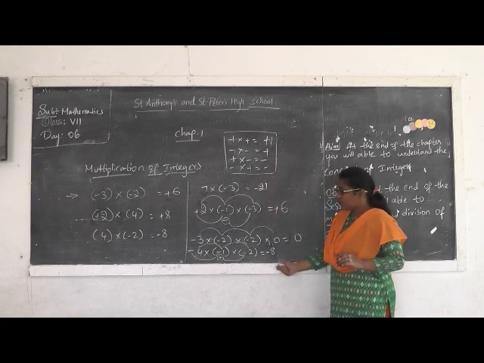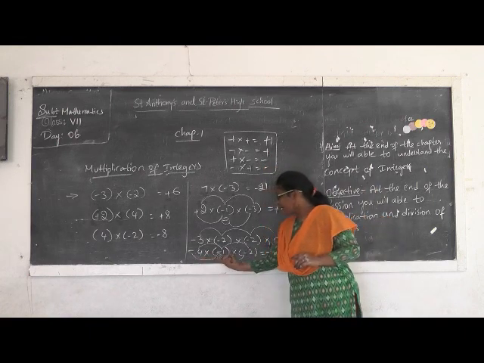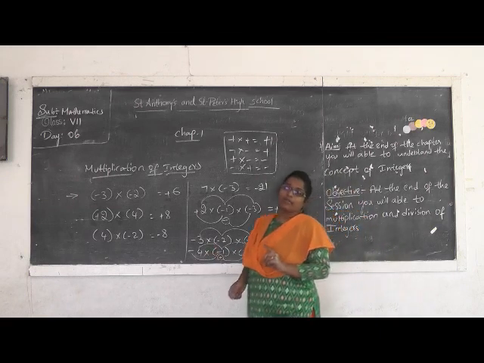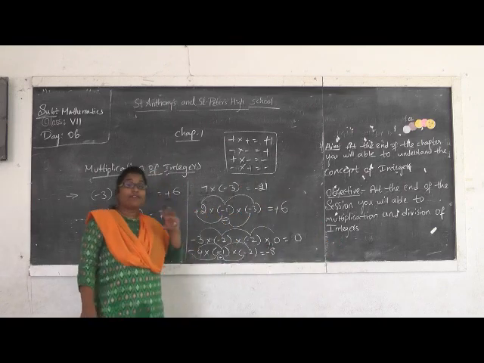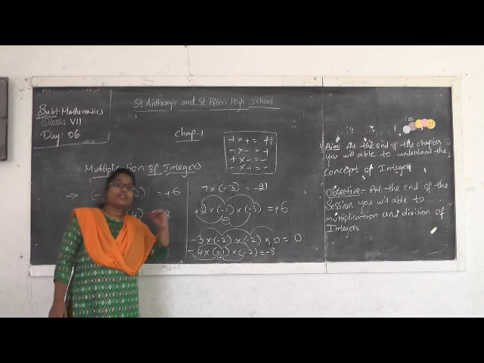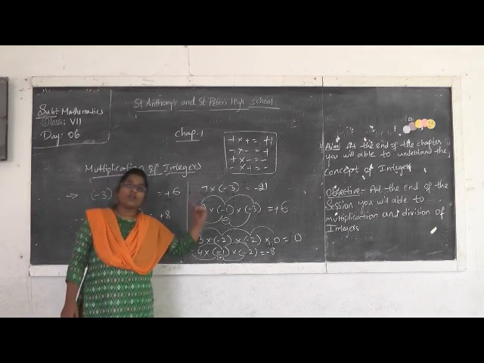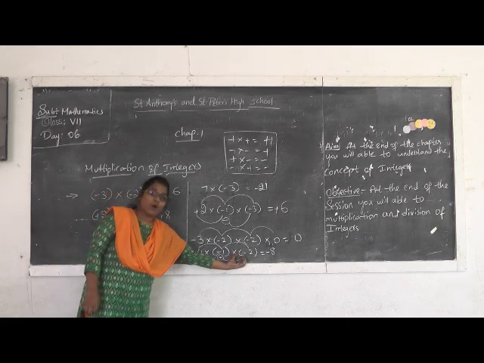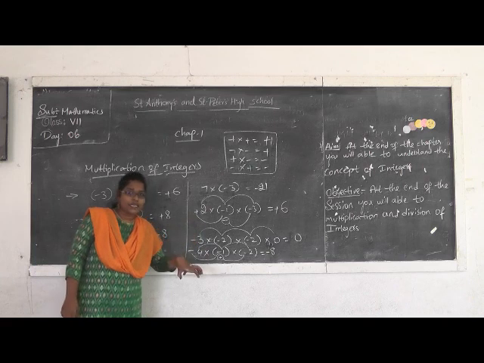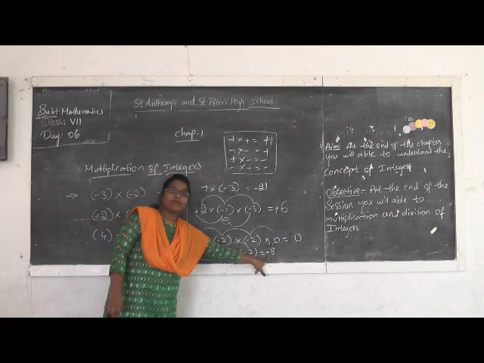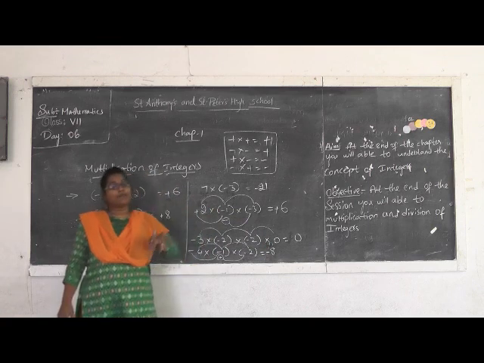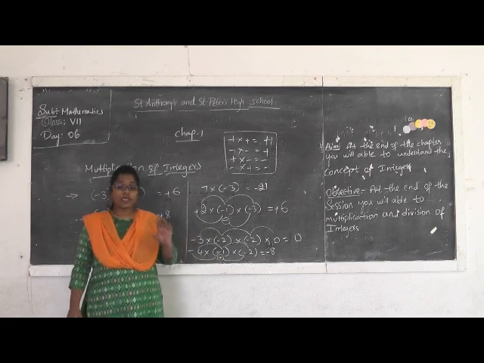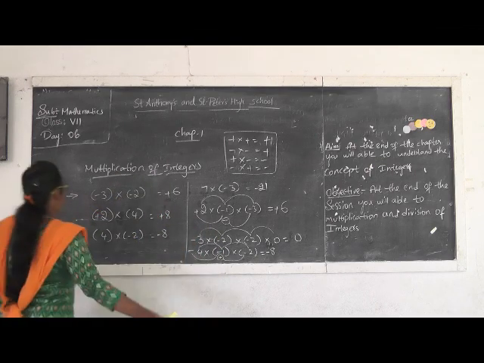Yes. Now, if you observe this question, here we are multiplying the negative number 3 times. So, here also we have one rule in multiplication of integers. When we are multiplying a negative integer an odd number of times, then the result is always negative. For example, let me check here. 1, 2, 3. 3 is odd. 3 times we multiplied a negative integer itself, right? So, compulsorily the result will be negative. If we are multiplying a negative integer an even number of times, then the result is positive. Let us check with the examples.